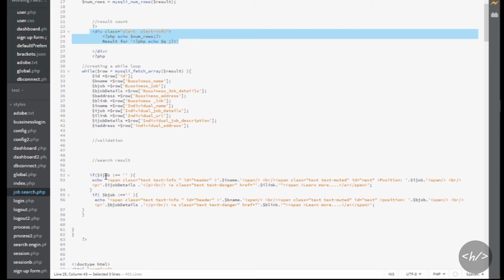It searches for business jobs and it searches for individual jobs. So if the individual job is empty, it does not do anything. But if it is not empty, it goes to this piece of code, and it echoes the name, the link, and the job description.